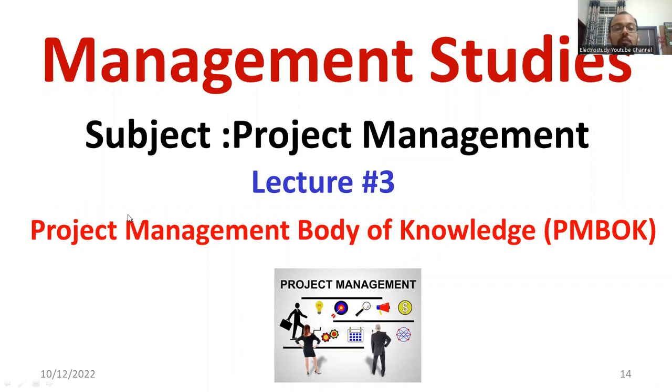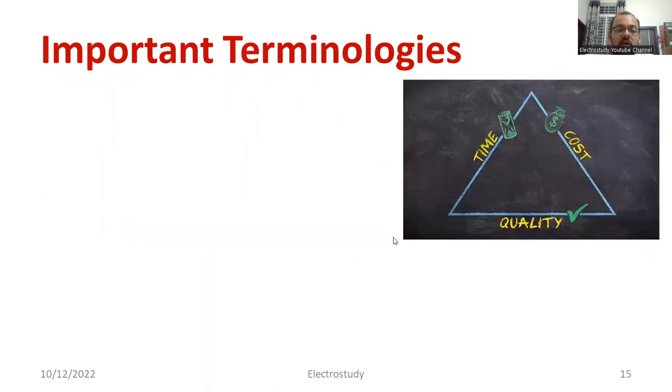One of the important topics used in project management is PMBOK. What is PMBOK? Project Management Body of Knowledge. So what is the meaning of PMBOK? We'll have a brief discussion. Actually, there are 10 important PMBOK aspects. We'll discuss them individually. First, please note down this point: there are 10 important PMBOK areas.